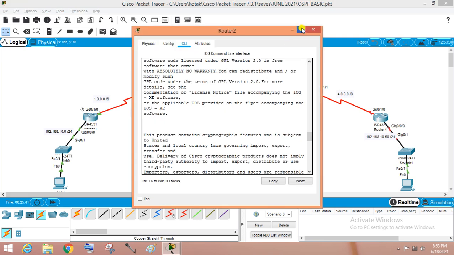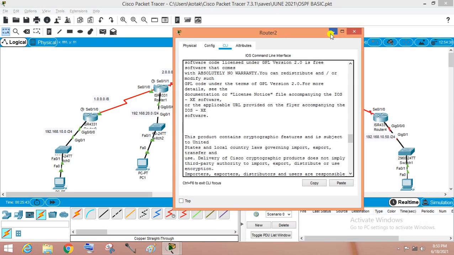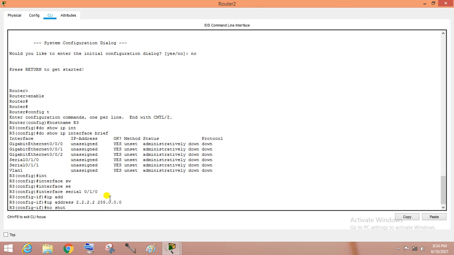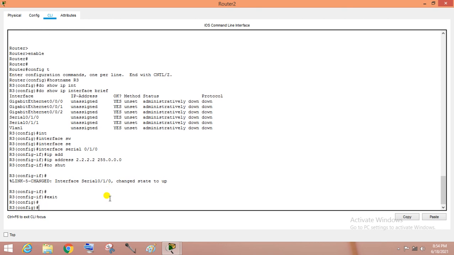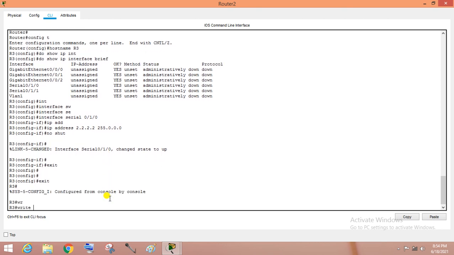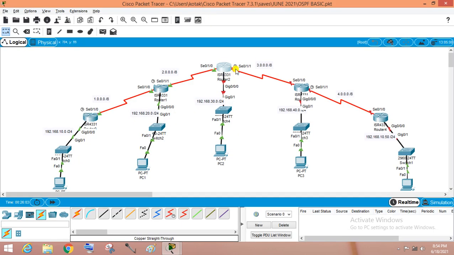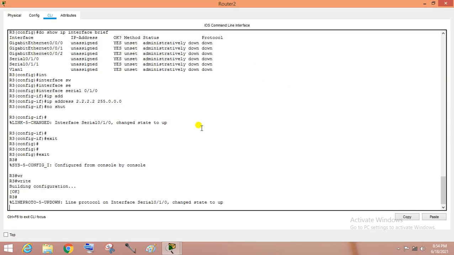Now we log into the next router, where we assigned 2.2.2.x on this interface. The interface is 0/1/0, and we set the IP address 2.2.2.2, 255.0.0.0, then no shut. Now the other interface is 0/1/1, where we set 3.3.3.1.